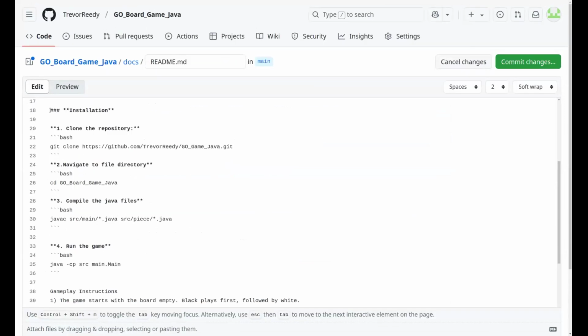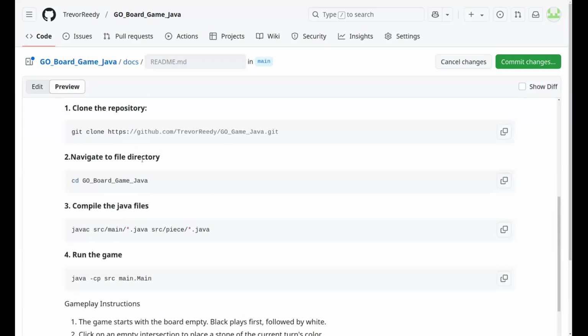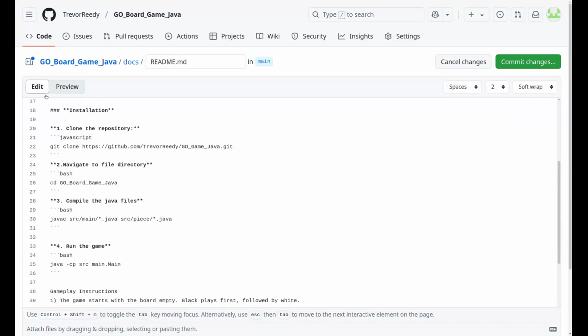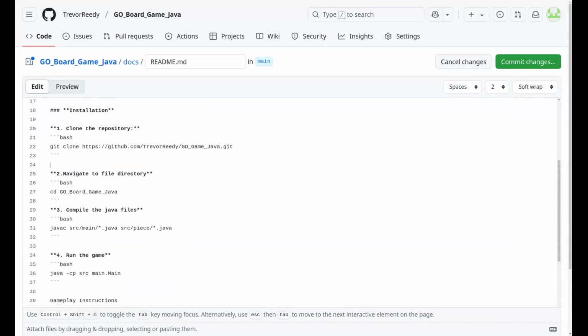Let's see if I can zoom in. I forgot what these are called, the backticks. A lot of people call them different things. But three backticks and then whatever language you would like. Right now I just have it in Bash, but if I wanted to do it in JavaScript or Java, I could do that as well. It won't change how it looks because there's actually no JavaScript code in there. But, oops, I can do a little example here.